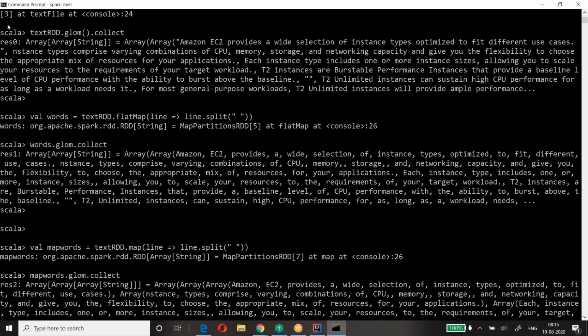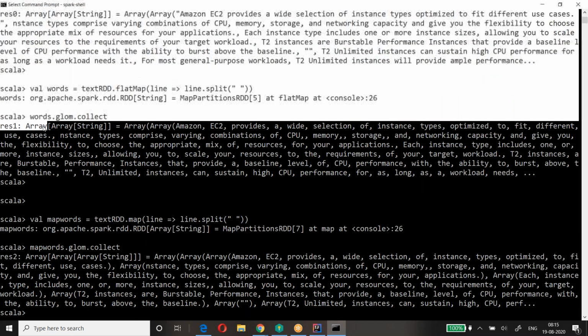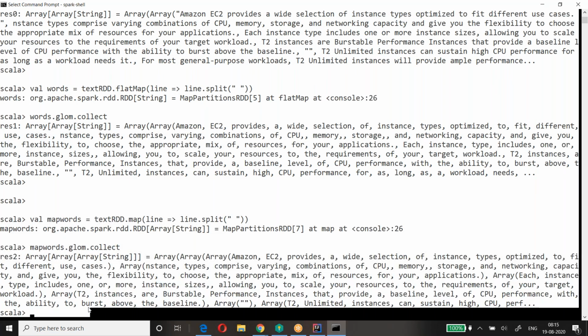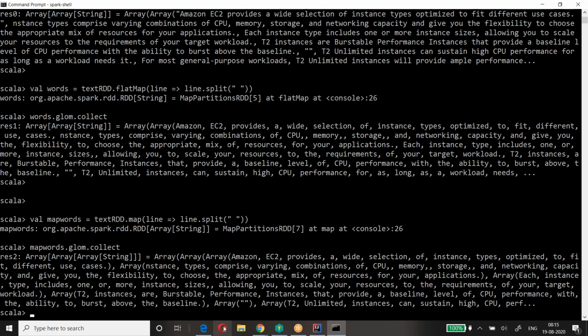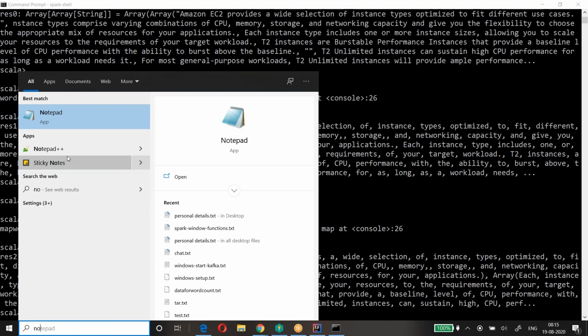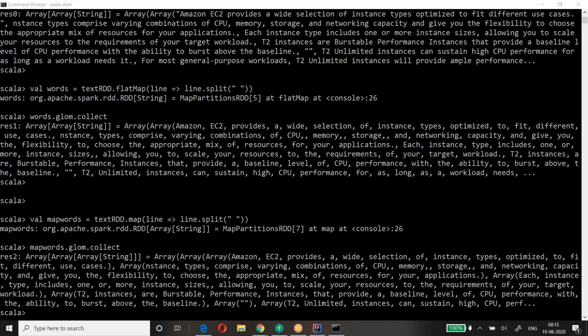Okay, let me copy this to try to look at the difference between before applying the map,